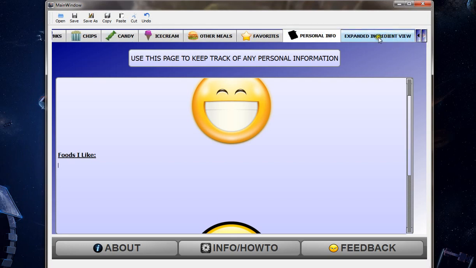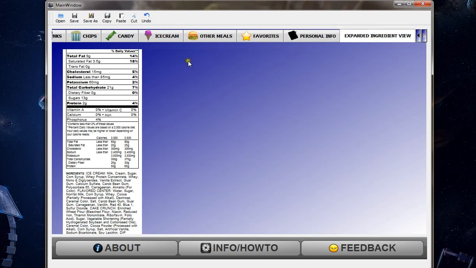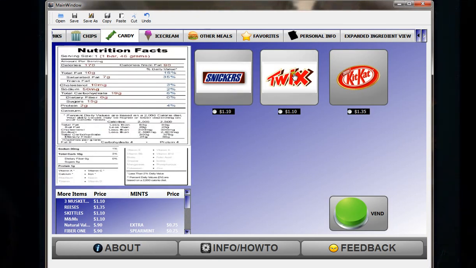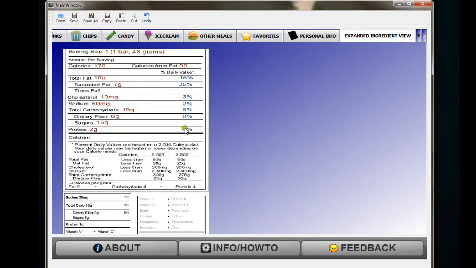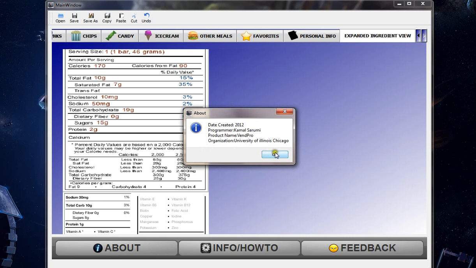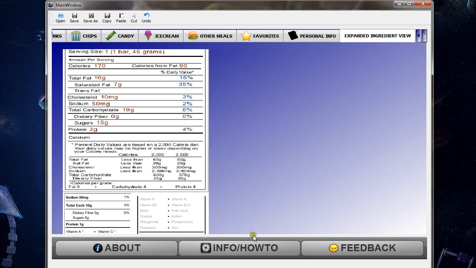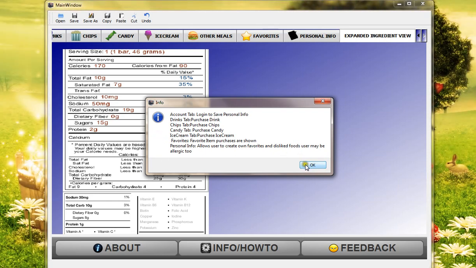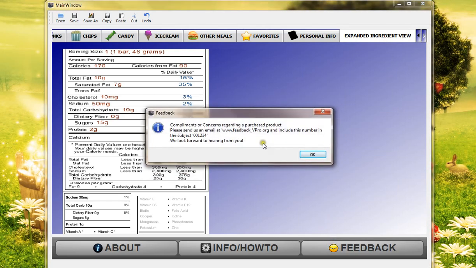And then on this last menu here is just expanded ingredient, because I realized that sometimes when you click on these, they may be a little hard to read. So I tried to keep that in mind for certain people, where you have an expanded view of the ingredients and you can see them more clearly. Then you get your basic about menu, functions the way it's supposed to function. Your info for how to, shows what all the tabs and labels do, and then feedback. It shows you where to send an email for feedback, and it